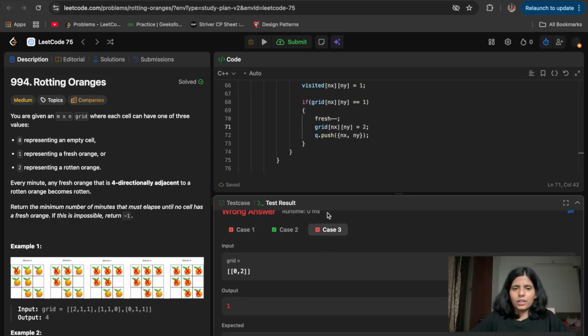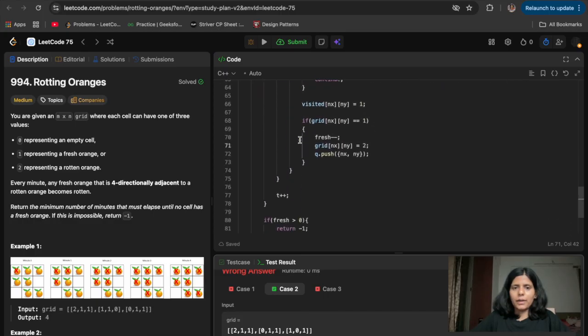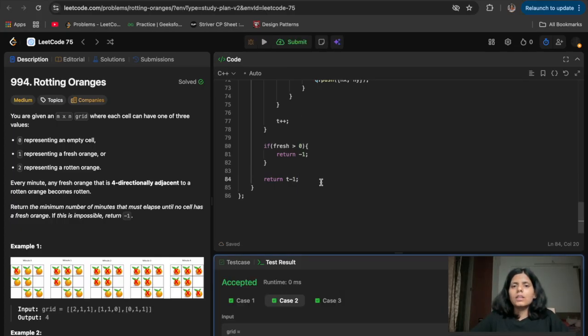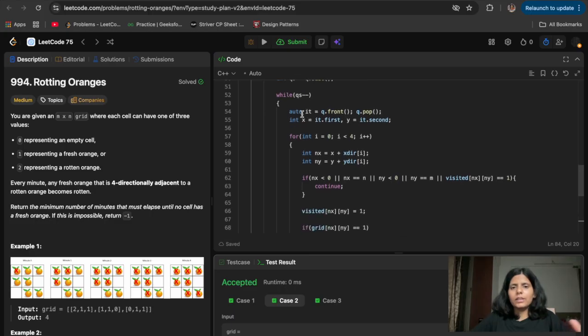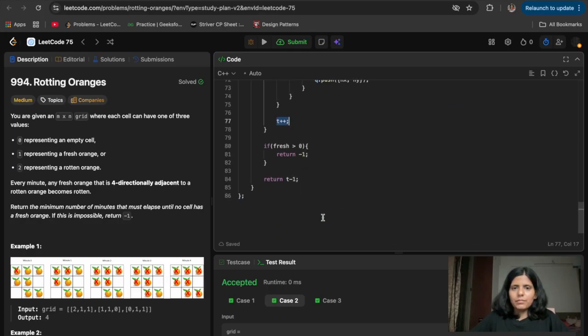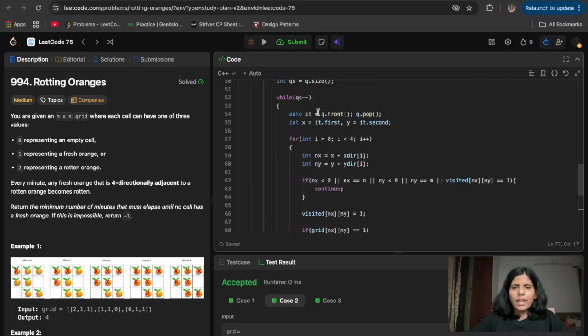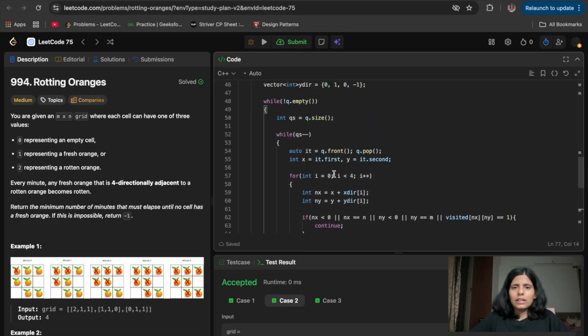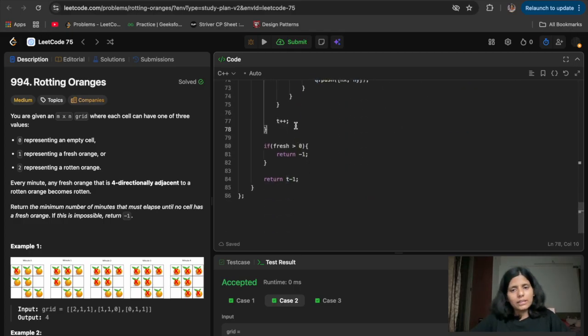It's taking one more here also. So what I can do here is t minus 1, because I'm calculating one more time basically. Yeah, it was right, I was taking one more time. For t equal to 0, this happens, then I'm doing t plus plus. So at the time when nothing got entered in the queue, I also did t plus plus. I shouldn't do that, and that's why it is t minus 1. So yeah, let's submit it.